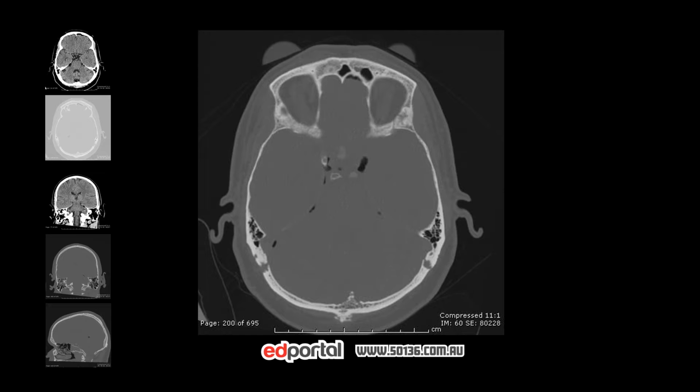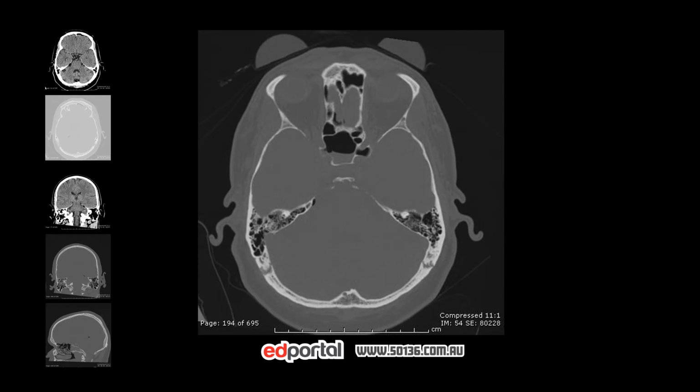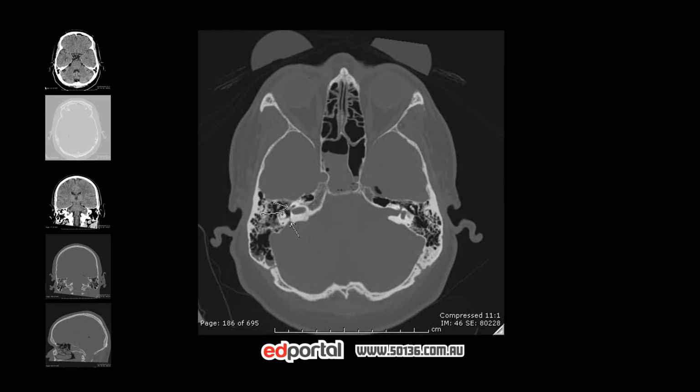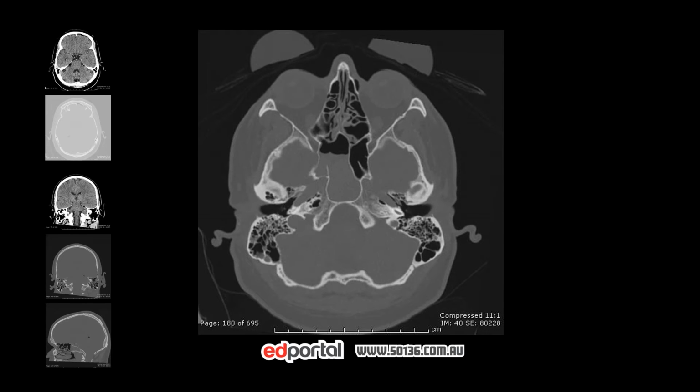So we know we've got gas, we know we've had trauma, but we can't see a fracture of the cranial vault. This is where we need to start thinking about base of skull fractures, which, if you're anything like me, is something that I am terrible at finding. But we're going to try and find a few basic tips to raise your suspicion of a base of skull fracture. So where I like to start is at the sphenoid sinus, and you can see here that we've got quite a